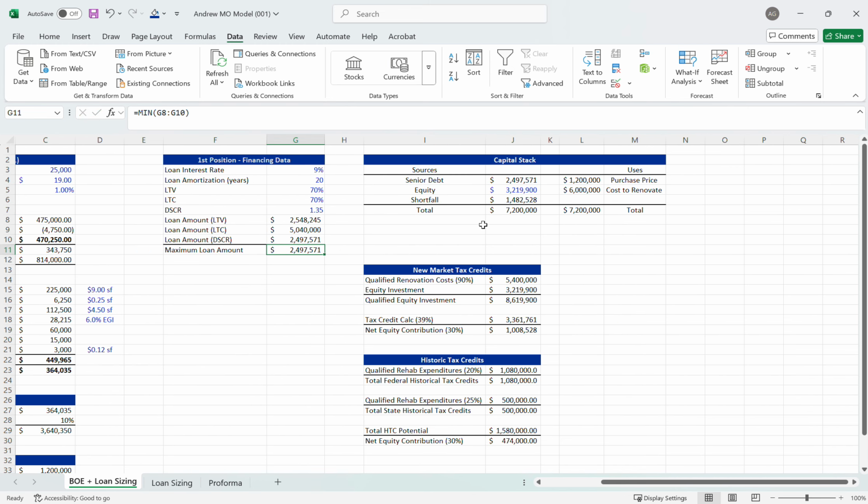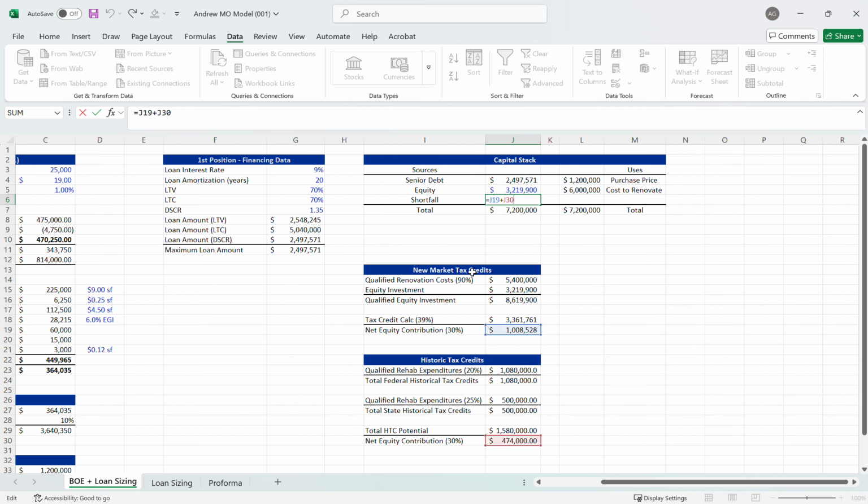Now we can start building our capital stack. The uses are going to be fixed: $1.2 million purchase price and $6 million to renovate. Your total cost basis or total uses of funds is $7.2 million. Your senior debt is your max loan amount that you qualify for. Your equity is subject to change, and then your shortfall is going to be whatever you cover with the tax credits in this case. So as we can see here, right now we have an equity investment of 3.2 million,